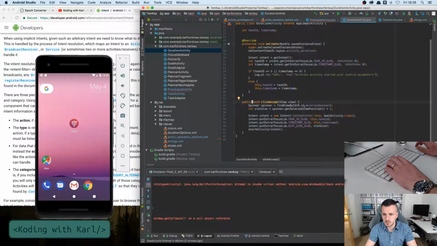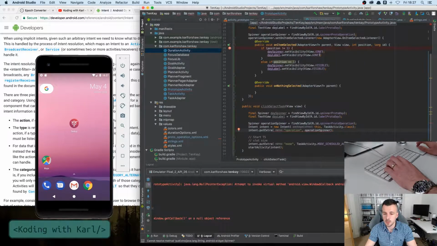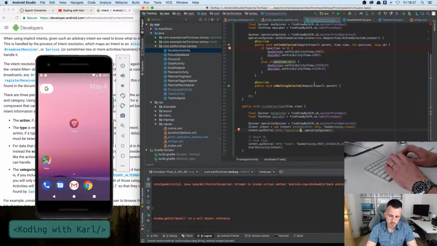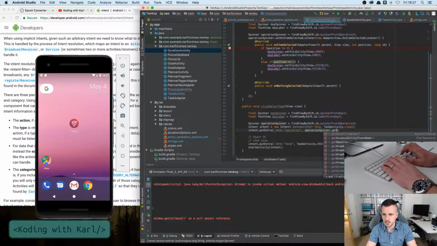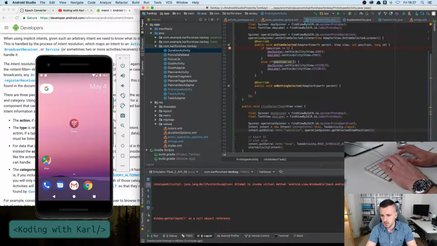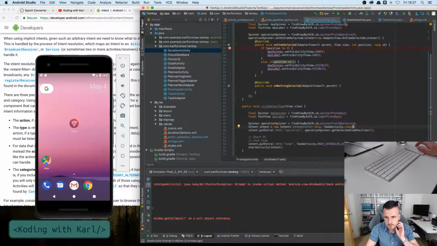Get selected item position, plus 1. That's how I did it last time. And the plus 1 was, yeah, okay. So we can do get selected item position, and that will give us the